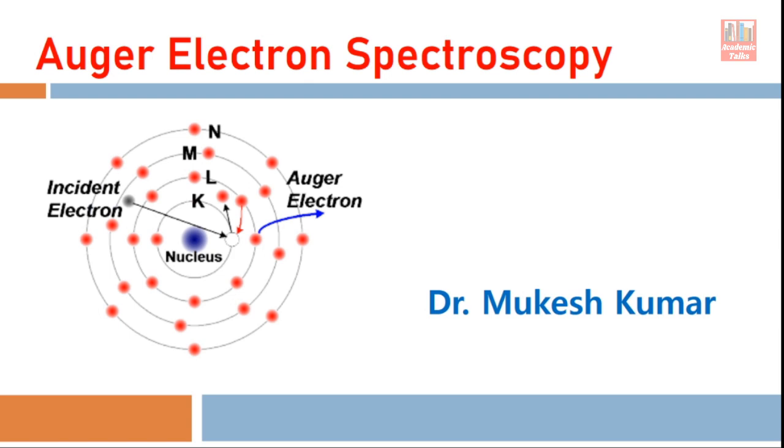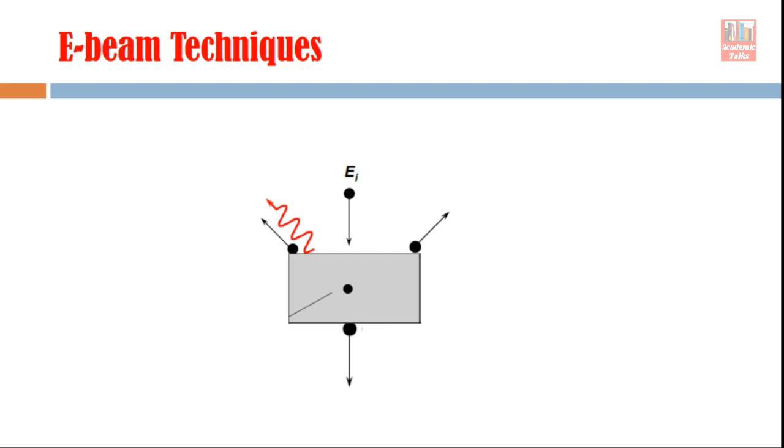Hello students, the topic of today's lecture is Auger electron spectroscopy. Auger electron spectroscopy is an electron beam technique for characterizing solid surfaces. Particularly here we are interested in semiconductor surfaces. So in the beginning, first we will review E-beam techniques and then we will start discussions about the Auger electron